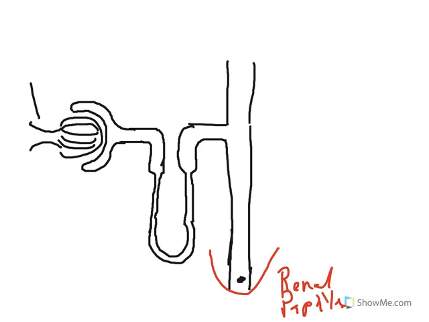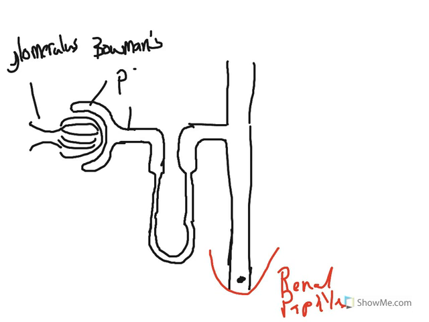So here we have our glomerulus. Here is the Bowman's capsule. Here is the proximal convoluted tubule. Here is the distal convoluted tubule. This whole thing is called the loop of Henle, where we had the